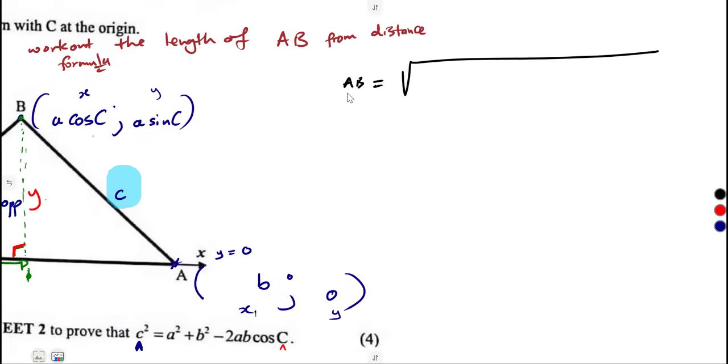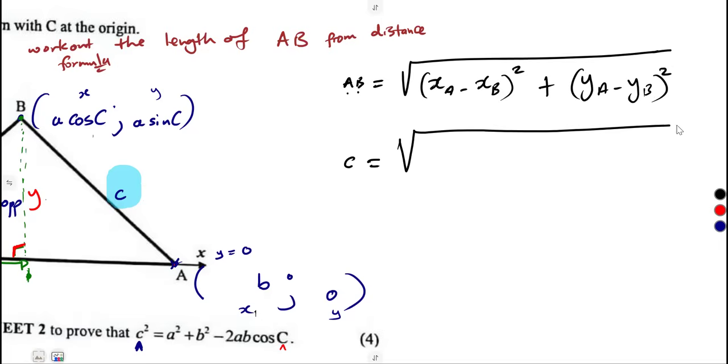So that's x at A minus x at B, squared, plus the y at A minus the y at B, squared. Remember this part. So let's find this. The length of AB is what? That is the C. So where we write AB, we're going to write C is equal to